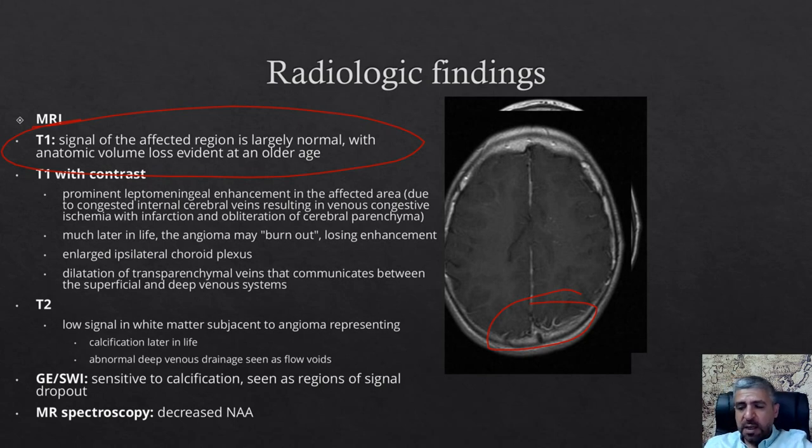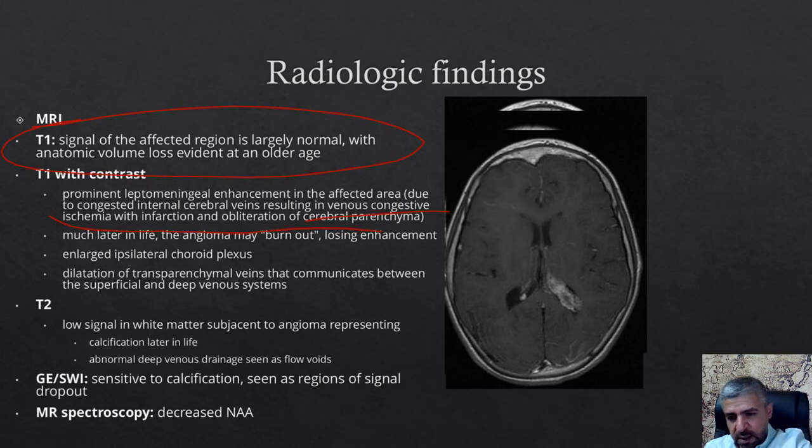Why? Because the veins in the area are congested and they result in venous congestive ischemia and infarction with obliteration of the cerebral parenchyma. Basically what we have is an early stage of venous infarct due to the congested cerebral veins. So you'll have leptomeningeal enhancement. While on the T2,